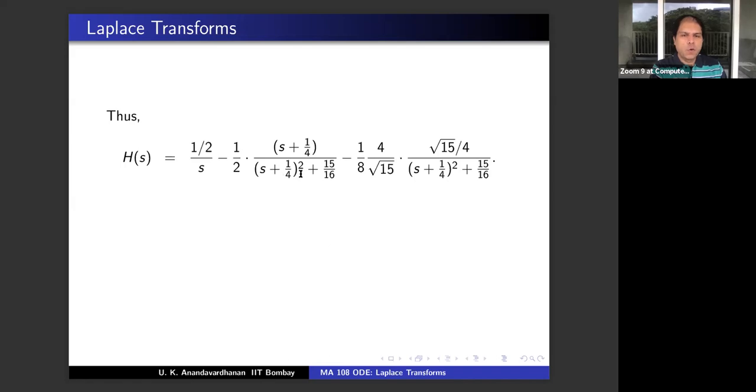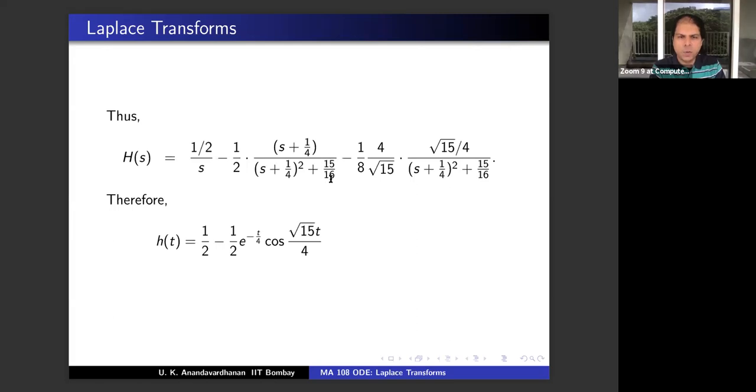S plus 1 by 4 by this. And here I have written this in the form a by s square plus a square. Only then you can apply. So one more adjustment is required. 4 by root 15 you multiply and divide, and now this is of the form sine at. So h(t) is half, because 1 by s inverse is 1, minus half times, this reminds you of cos